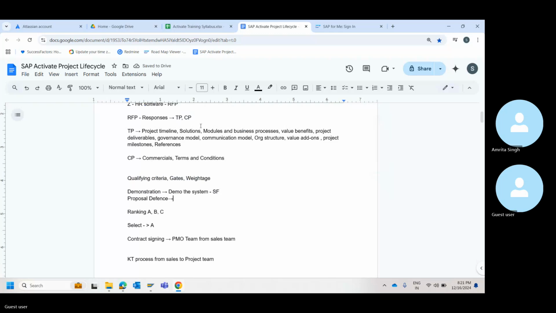You have given something. You will do a presentation stating this is my solution. You asked me for this, this is my solution. Now I will also show you in the system as a demo how the solution is going to help you. I'll configure some sample cases based on their business, and then I'll just show the system so that I can build confidence to win the project.